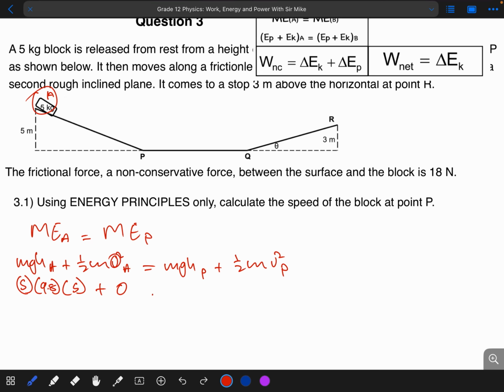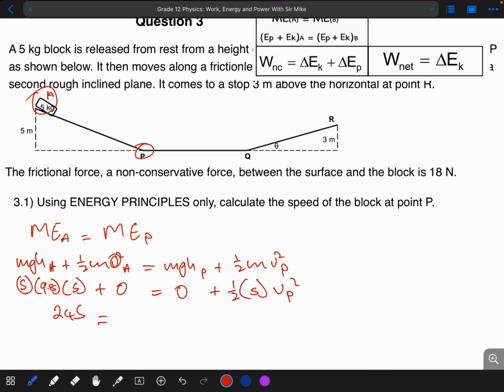So in this case it will simply be equal to, and even on this portion I think we can also just put a 0 there. Why? Because remember that when this object is at that point, the height would be 0. So anything multiplied by 0 is simply a 0 there. So it will simply be plus a half multiplied by the mass, which is that 5, multiplied by the v_P squared. If you put this into a calculator, what you're going to get is 245